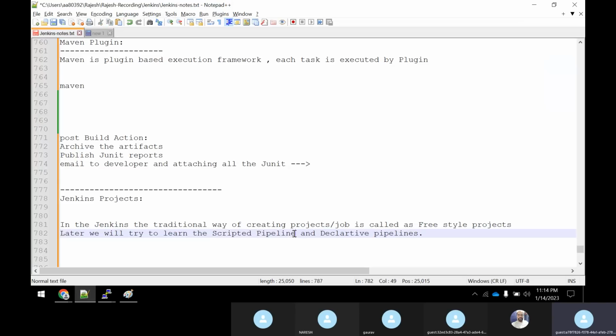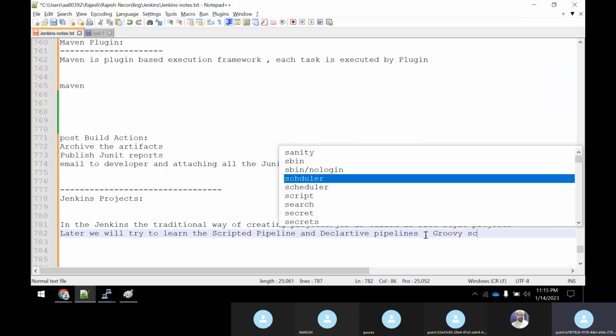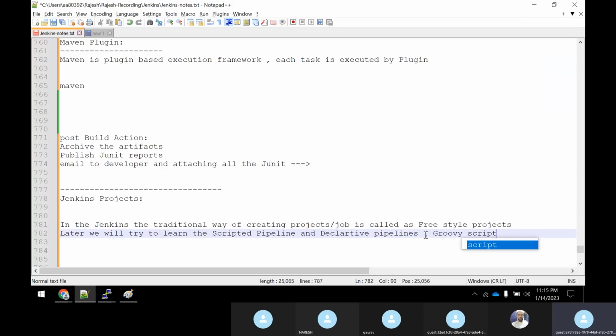Slowly, Jenkins started making a much simpler way than the scripted one by introducing the declarative pipeline. Declarative pipelining is heavily used in Groovy scripting. Many organizations and companies ask for Groovy scripting, because when you are writing pipelines, you should know the Groovy syntax. And Groovy scripting is very much influenced by the Java program. It takes its syntax from Java.